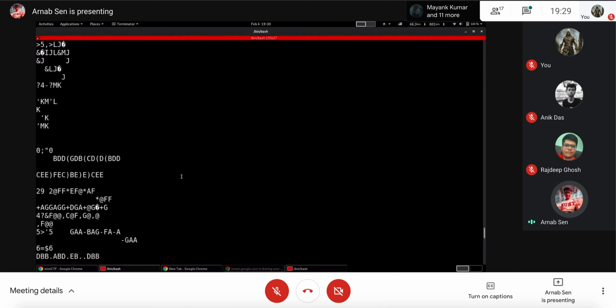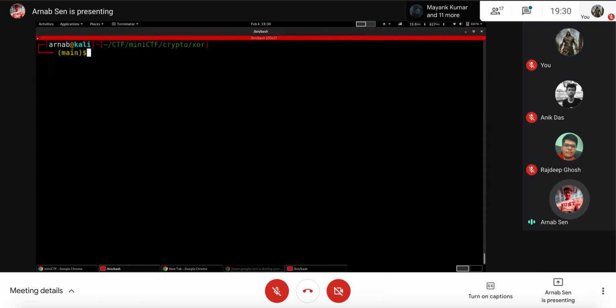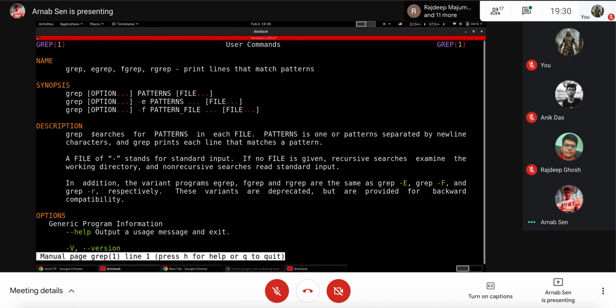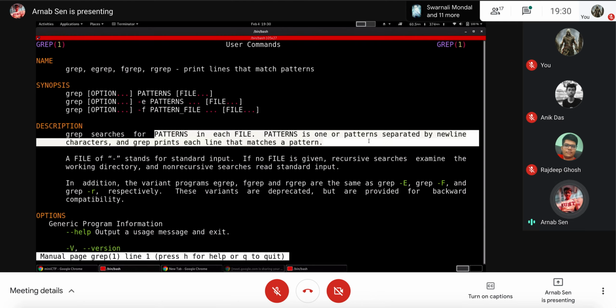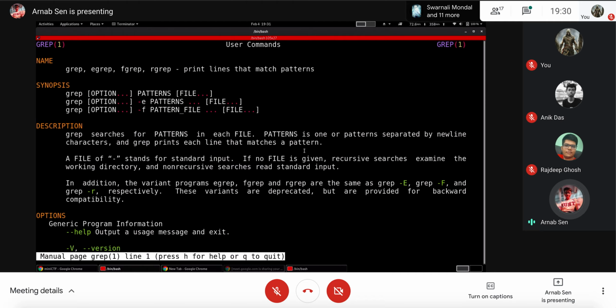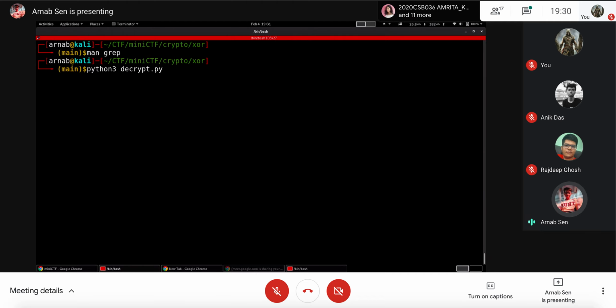At this point, I would like to introduce you to one of the most important tools, which is the grep command. Grep has lots of possibilities. It is very powerful, but basically you can search for patterns in each file, and you will be using this a lot in the shell questions that were given. It makes life easier, really. So I can grep over here.